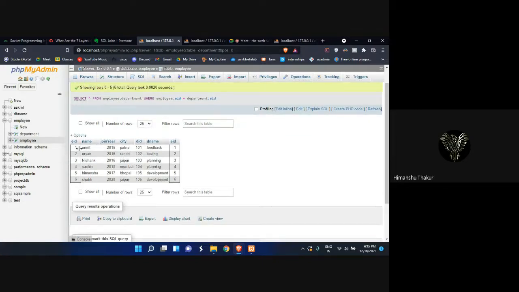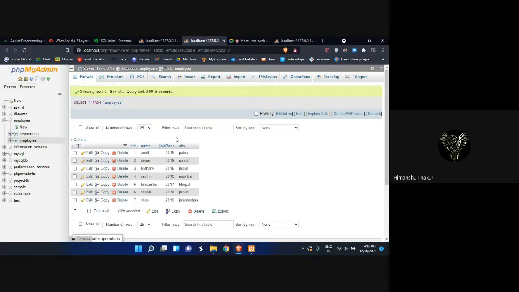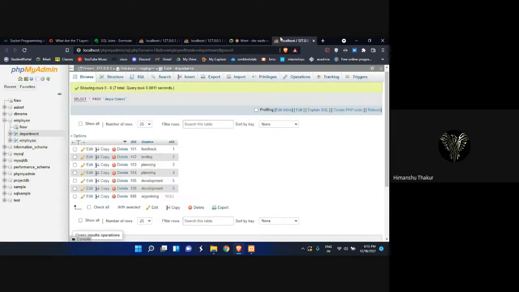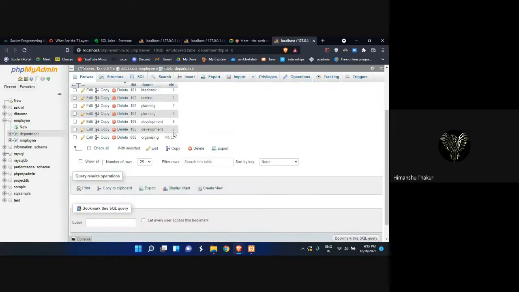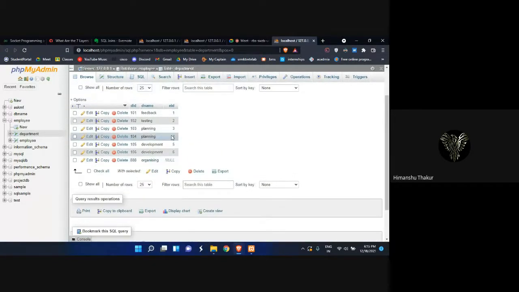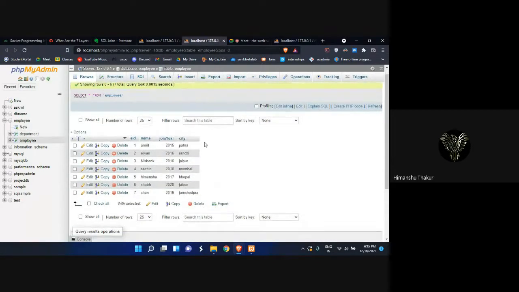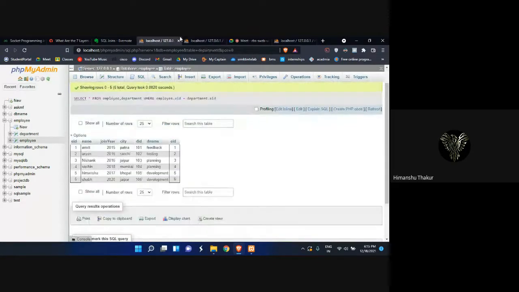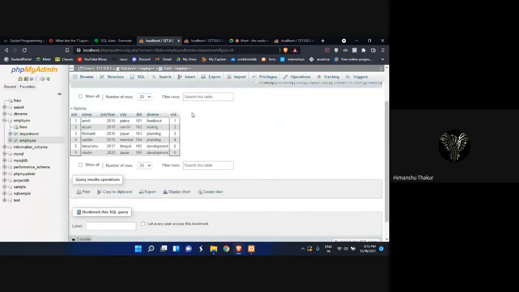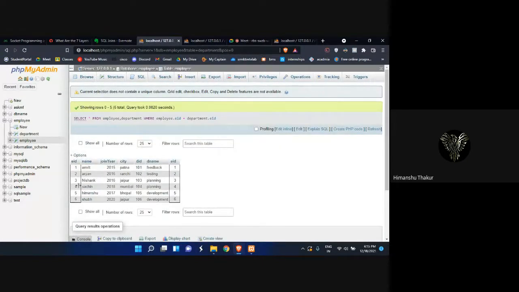Now you will say that I have created a primary key as EID in this. It means it cannot have a null value, and it has to be similar to the foreign key in order to work. But I can provide a null value in a foreign key unless I have defined it as not null. So I can get all the details from both the tables where the employee ID is the same.